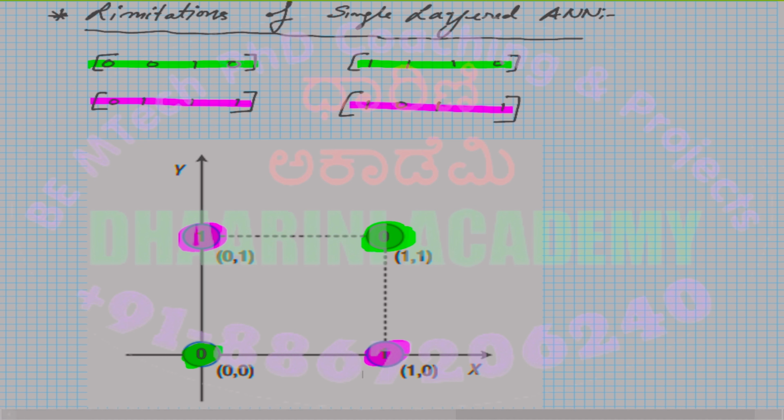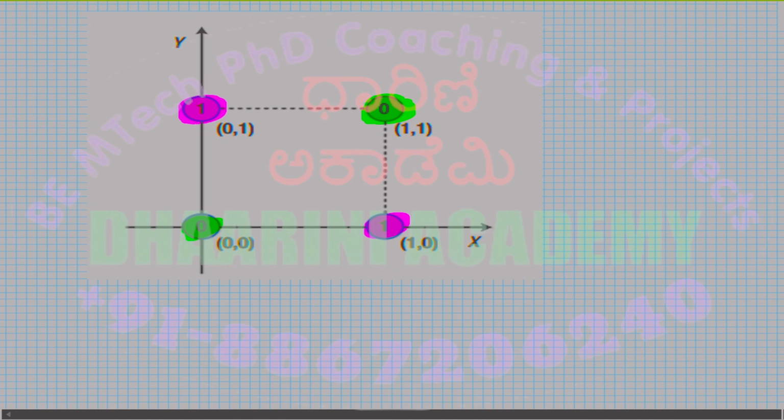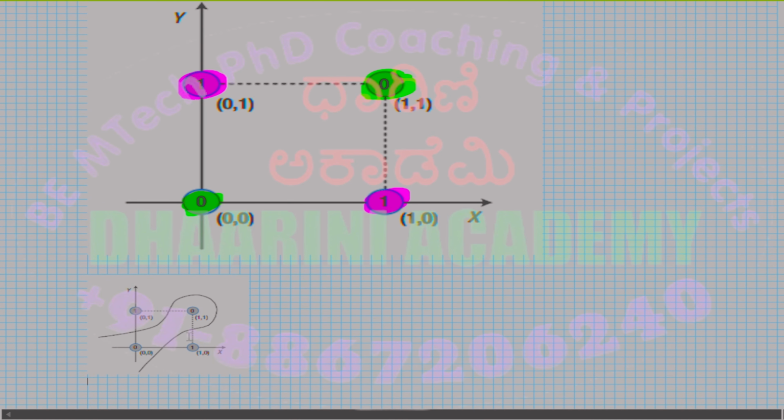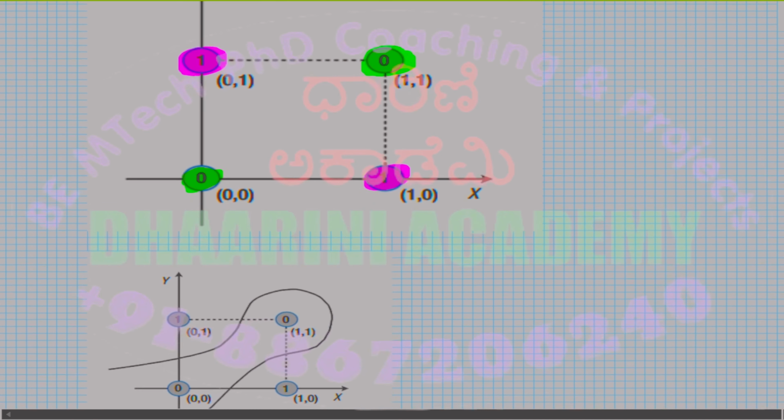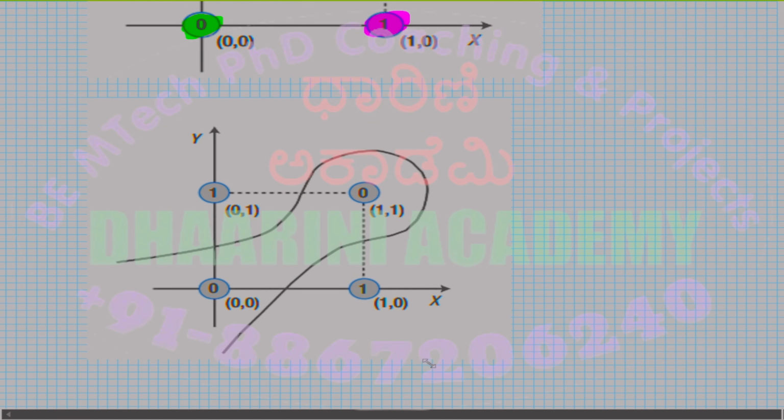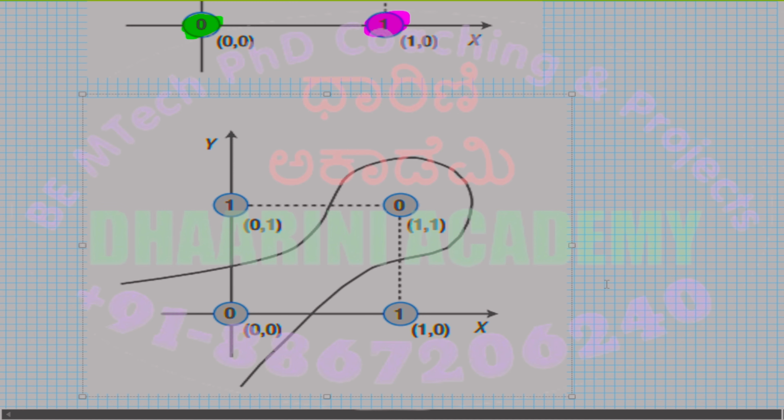So that means the data set which we try to implement, which we try to classify, cannot be classified by simply using the linear classifier or single layered neural networks, right? So what should be the ideal classification for this kind of data? It should be something like this. Just see now. One way of classifying this particular data using a nonlinear classifier should look like this,